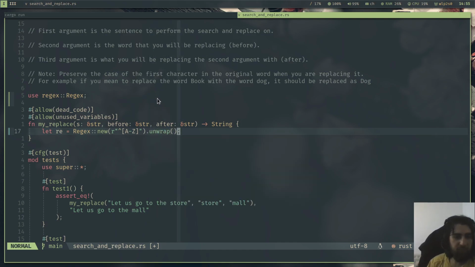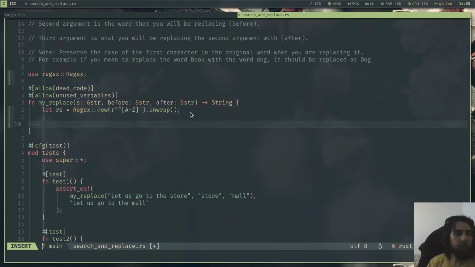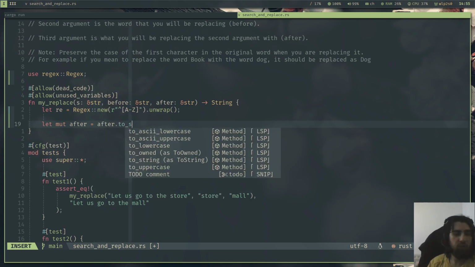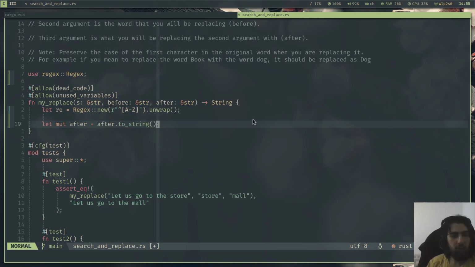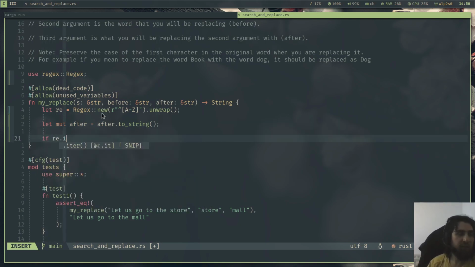So we check at the beginning of the word, is it a capital letter from A to Z? Then I will do after string. We'll just convert this from a string slice to an owned type, a string, because this will be the return value. So let's see if this regex matches